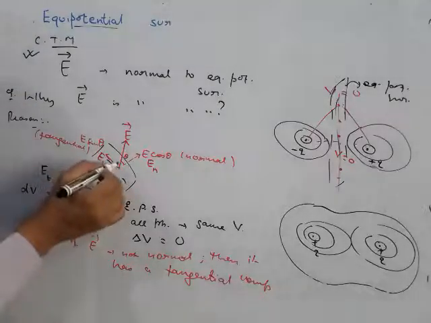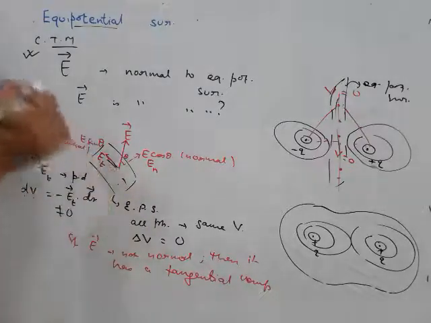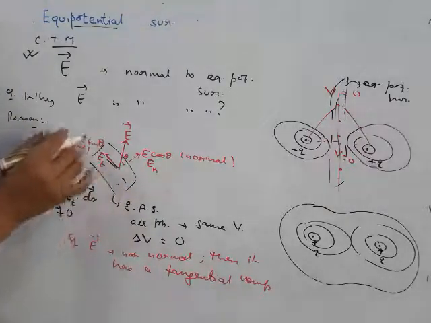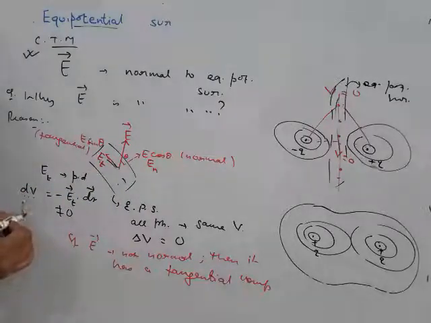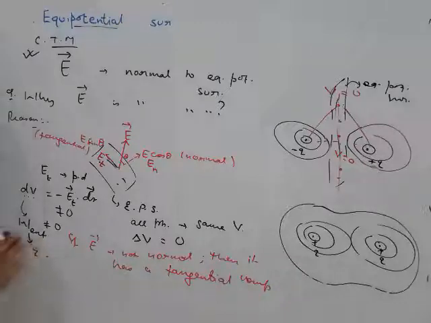If there is an electric field which is not normal, it will have a tangential component, and if there is electric field along the tangent to the equipotential surface, potential difference will not be 0. Potential difference, if it is not 0, that means you have to do some work. An external agent has to do some work in bringing one charge from one point to the other. So W external is not equal to 0. What is W external? It is the work done in bringing charge Q from one point to the other, that is understood. So it's for this reason that the electric field is normal.